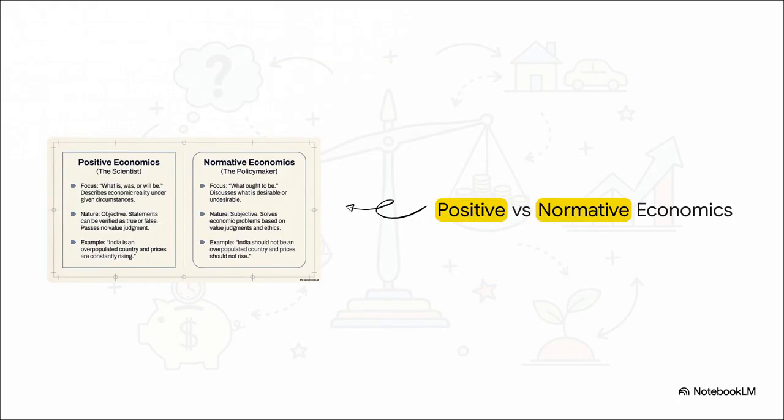Even within those strict boundaries, economists essentially swap between two very different hats. First, you have positive economics. Think of this as the objective scientist dealing with cold hard facts. Saying inflation is at 5% is a positive, totally verifiable statement. Then you have normative economics. This is the subjective policymaker dealing in ethics and opinions. Saying inflation should be lower is a normative value judgment. Knowing which hat someone is wearing is definitely going to save you a lot of headaches, especially during election season.